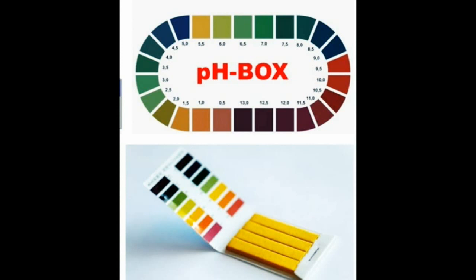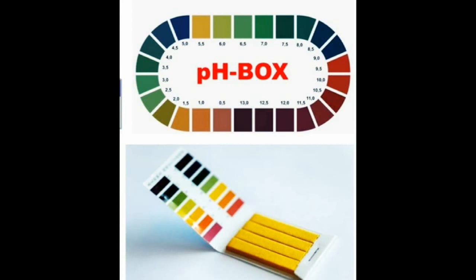For example, if on putting a drop of a solution on the universal indicator paper, the paper turns dark red, then its pH will be around 0 and hence it will be a strong acid. If a solution is producing orange color with universal indicator paper, then its pH will be about 4 and the solution will be a weak acid.